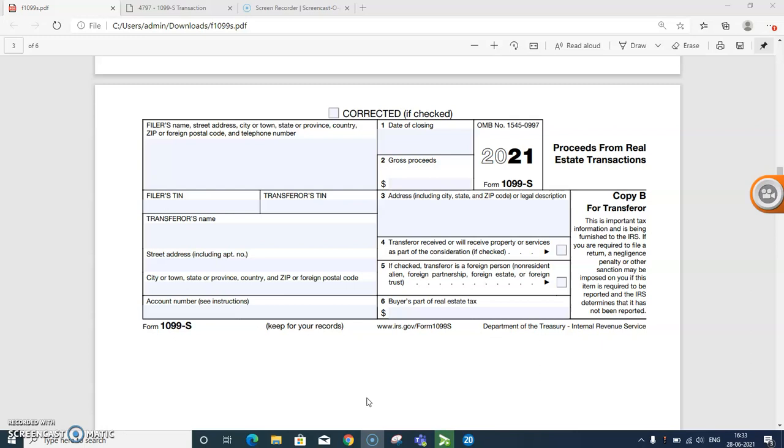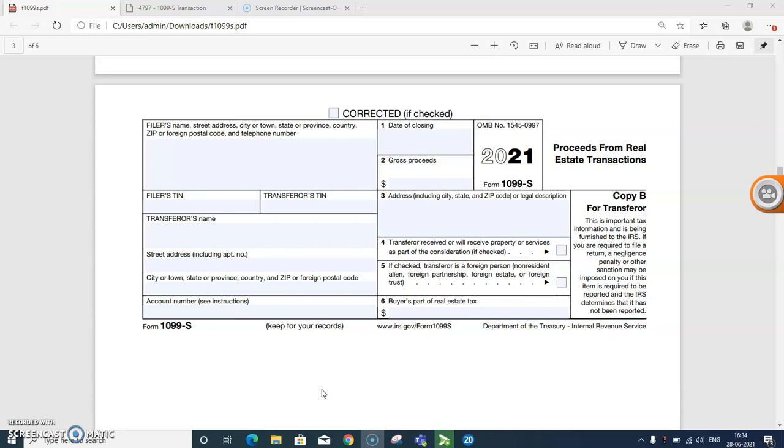The most common use is to ensure that sellers are reporting the full amount of their capital gains on each year's income tax return. Any organization involved in the sale of real estate and certain royalty payments must use the Form 1099-S. Personal use: if you received a 1099-S because of the sale of your primary residence, then you should check the appropriate box on your Form 1099-S. The sale of your home will be reported on Form 8949 and Schedule D. Do not report the sale of your main home on your tax return unless your gain exceeds your exclusion amount.